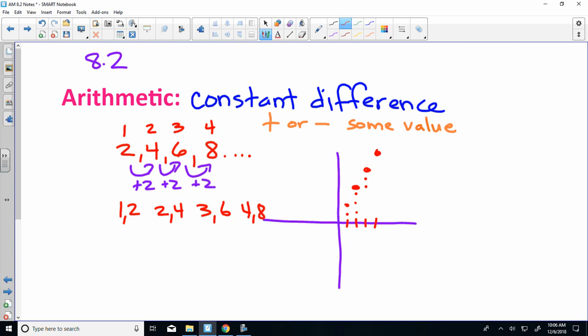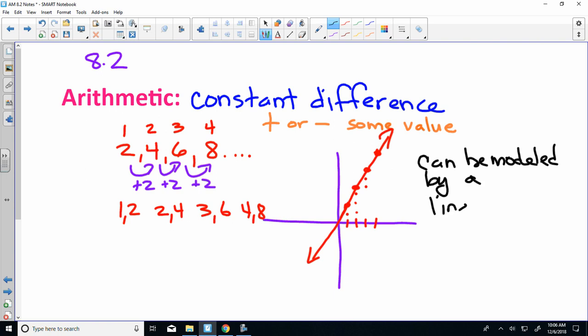And if you look at those points, hey, they are in a straight line going like that. So an arithmetic sequence can be modeled by a linear equation,